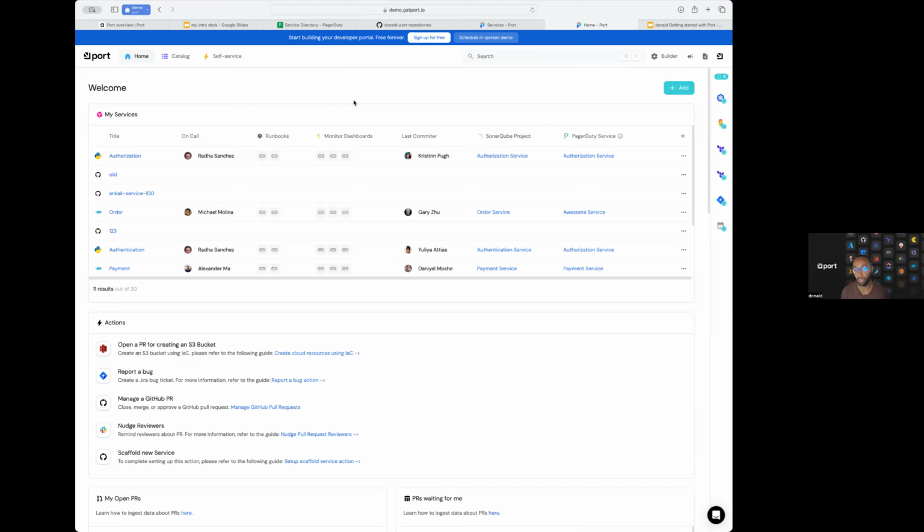It's insanely difficult, in often cases, to get basic information about your services. It should not be. So in the world of Port, the way we address that is with our catalog capability, and we have many different kinds of catalog. We'll focus primarily on service catalogs, cataloging all the services in the organization. So if I go to the catalog area here,